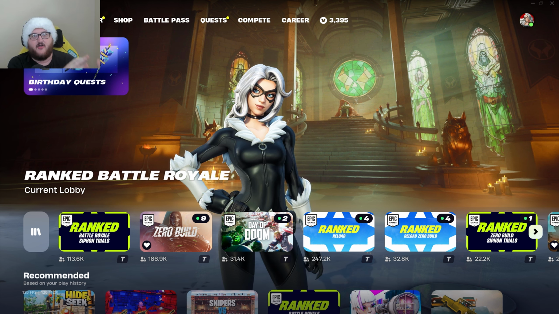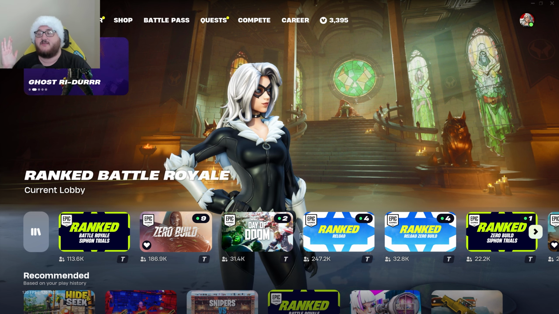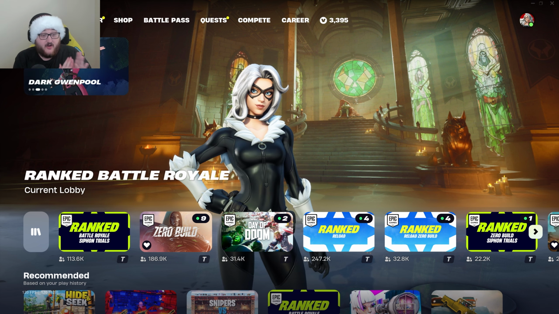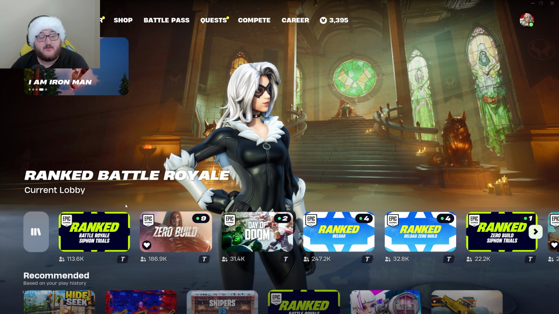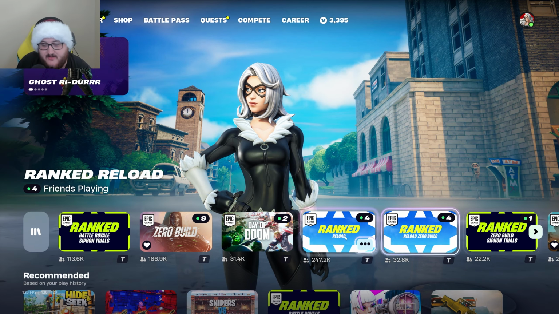So if you have like 90 health, you'll only get plus 10 to your normal health pool, and you'll still only get plus 25 to your shield pool because of how they have these different changes set up. But over the next month, basically, they're going to be messing around with the Siphon trials and how Siphon works, both in ranked Battle Royale and ranked zero build Battle Royale, and not in these reload versions,